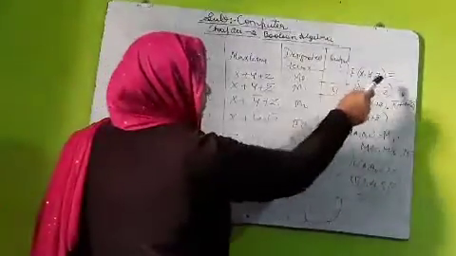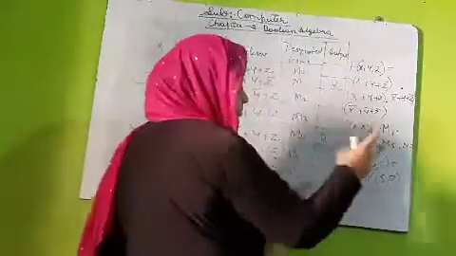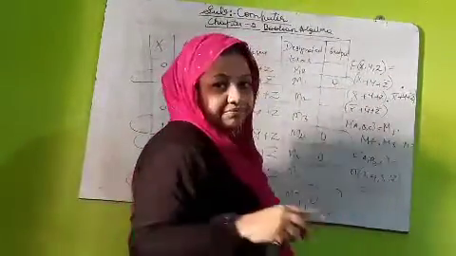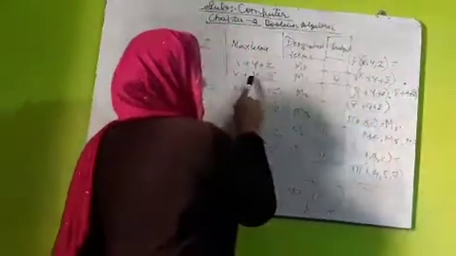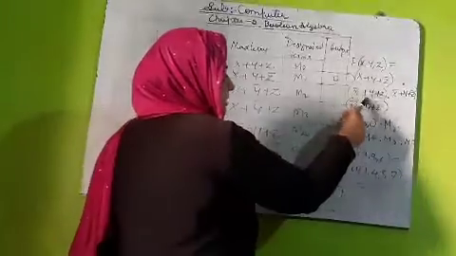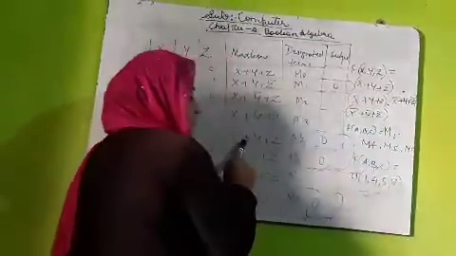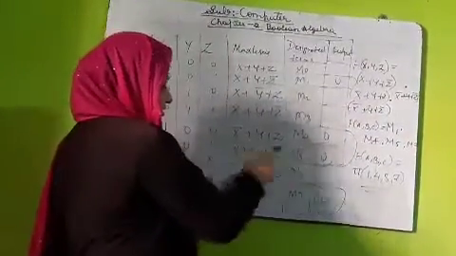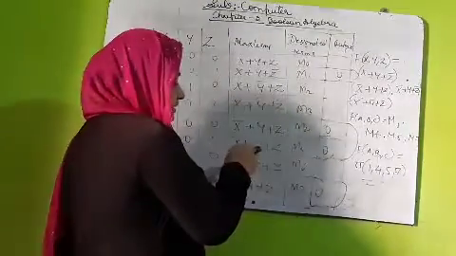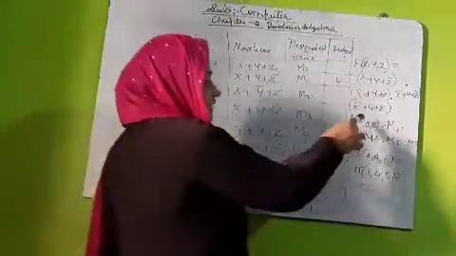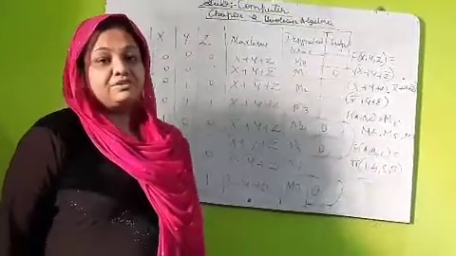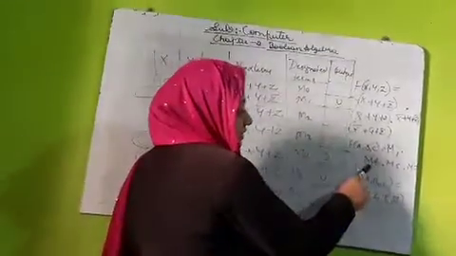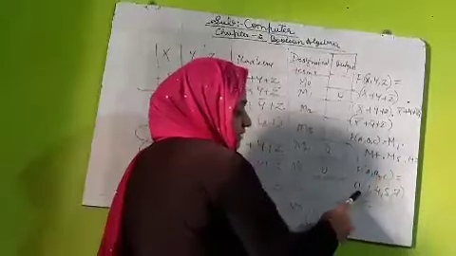So f of x comma y comma z, there is no space here, so you can write it in one line. So x plus y plus z bar. You can see here x plus y plus z bar is there. Next 0 is x bar plus y plus z. And next 0 is x bar plus y plus z bar. So you can take the zeros, the max term expression, and then we will be taking the max terms.